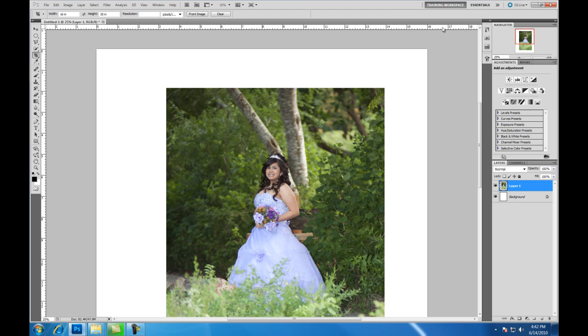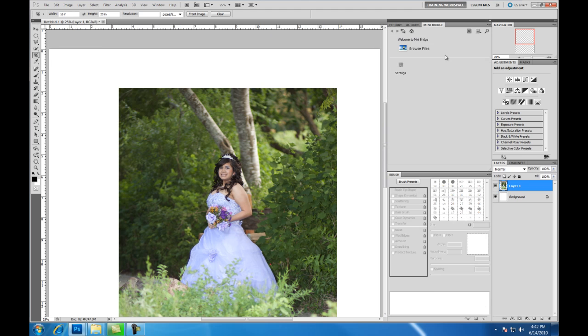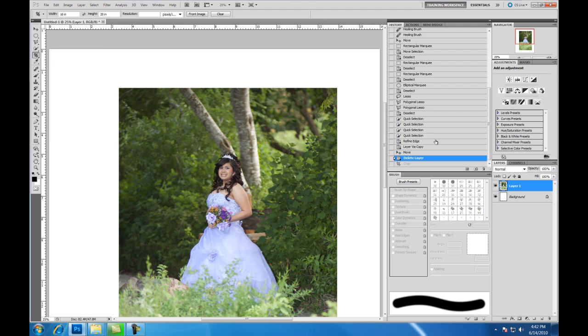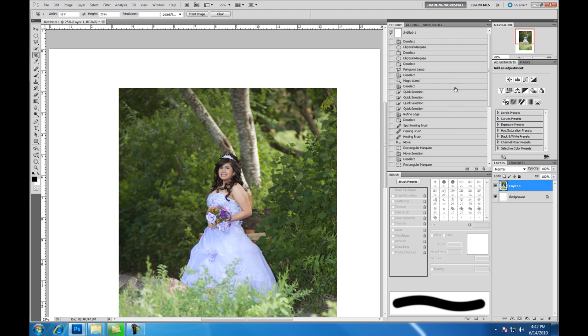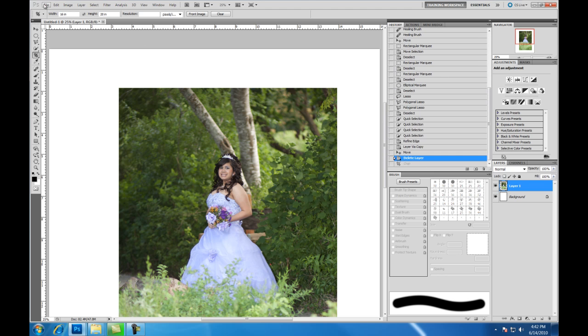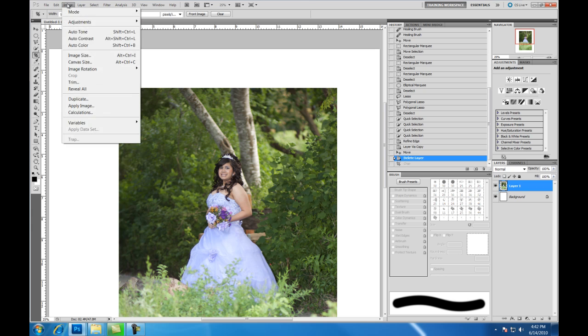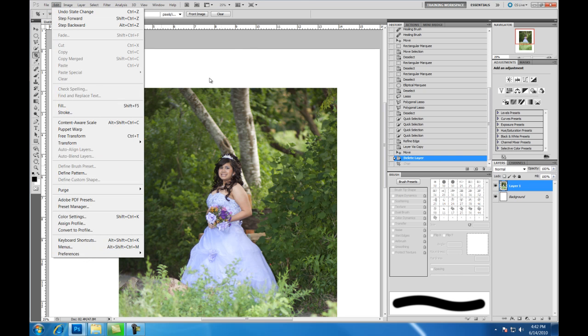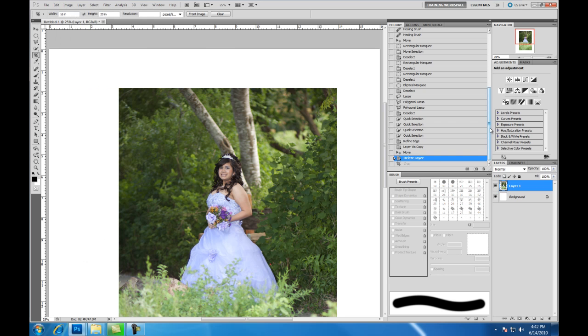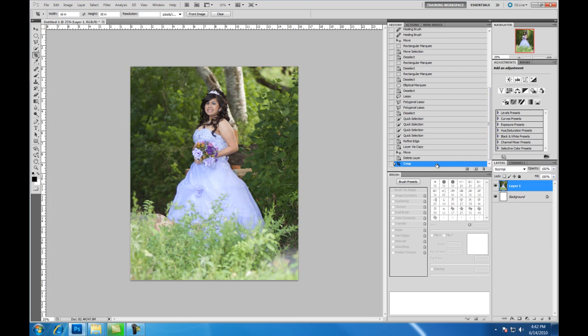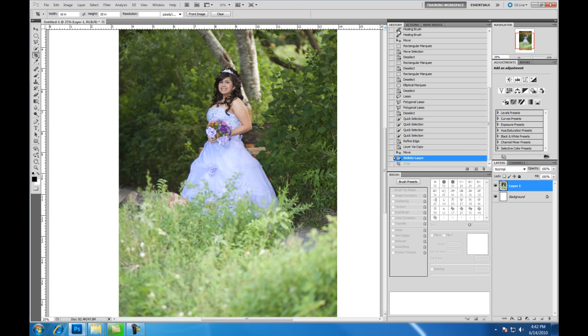Also, whenever you do something, you do have your history. If you notice right here, in my preferences, I have selected 41 presets or moves that I have done. So you can go back and forth on your history brush or your history panel. And so we'll move on to